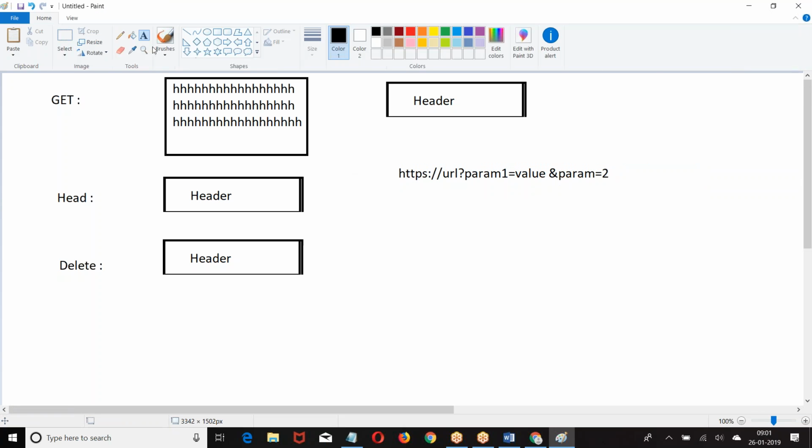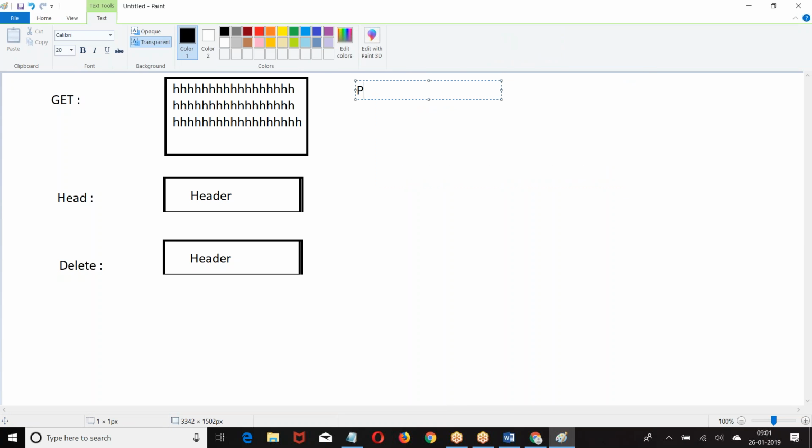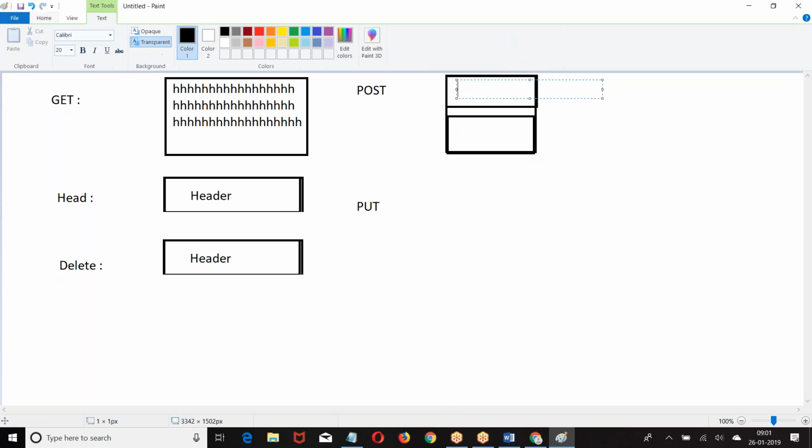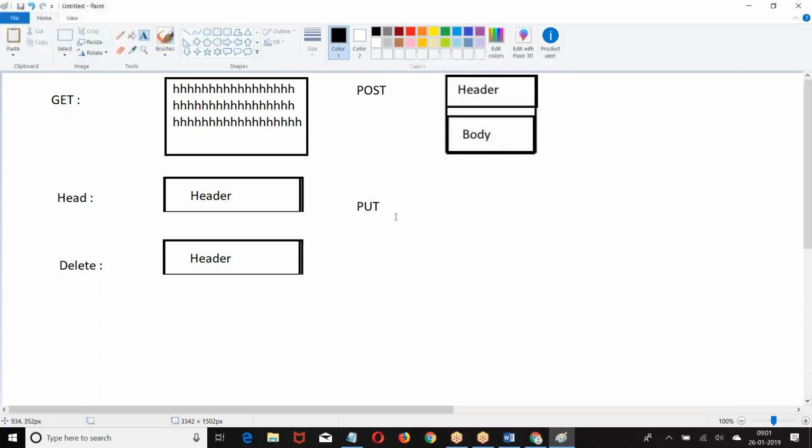Okay. When you go to the next, POST method and PUT method, they will have a header and a body. Any data you want to send will be sent in the body. This is the major difference you need to understand.